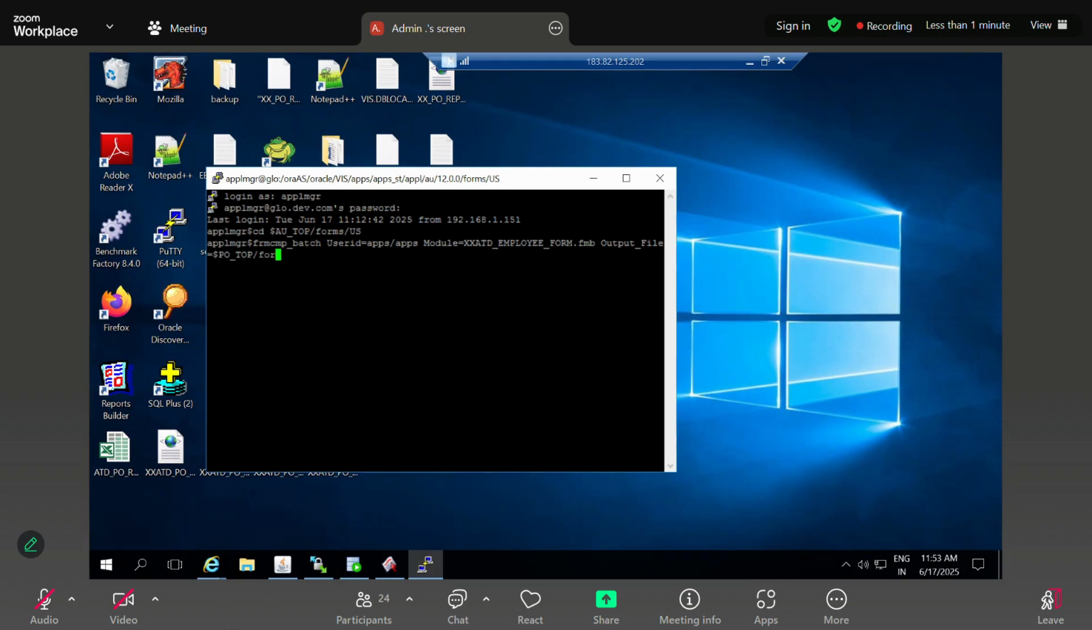Then forms/US/ and the .fmx. We need to give the .fmx. The FMB is available in the AU top. The FMX we are going to generate in the pub top. Pub top means in real time it should be the custom top. Always we are going to generate the FMX in the custom top, but the FMB you can keep in the